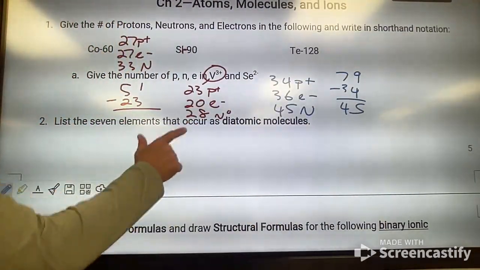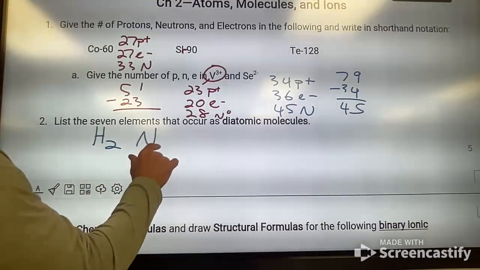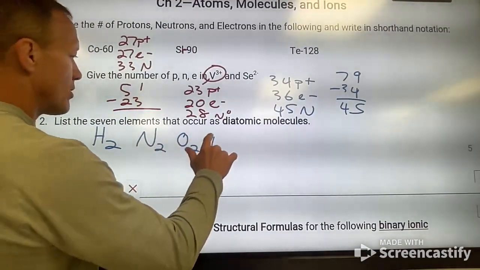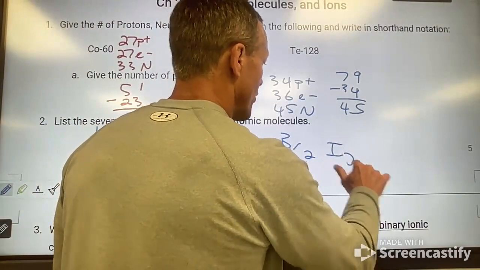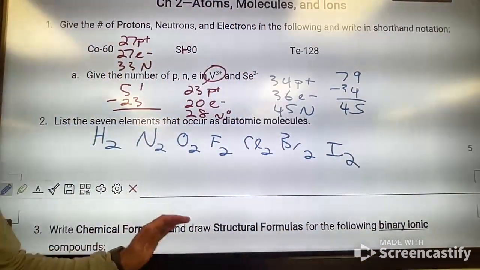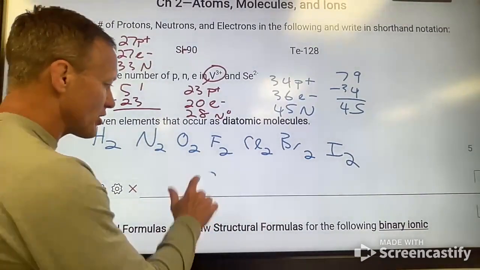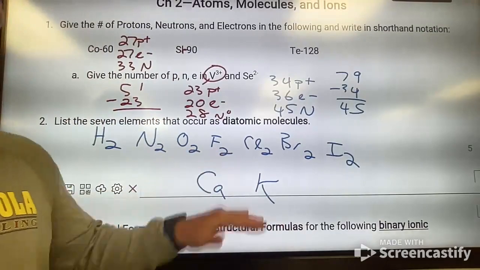All right. 7 diatomics, have no fear of ice cold beer. You've got hydrogen, and then from nitrogen to iodine in the periodic table: fluorine, chlorine, bromine, iodine. Those are diatomics. Remember, those are elements that always occur in pairs when they're by themselves. There's only those 7. Every other element, like calcium, if it's by itself, is just Ca. Potassium by itself is just K. But these 7 elements always occur in pairs when